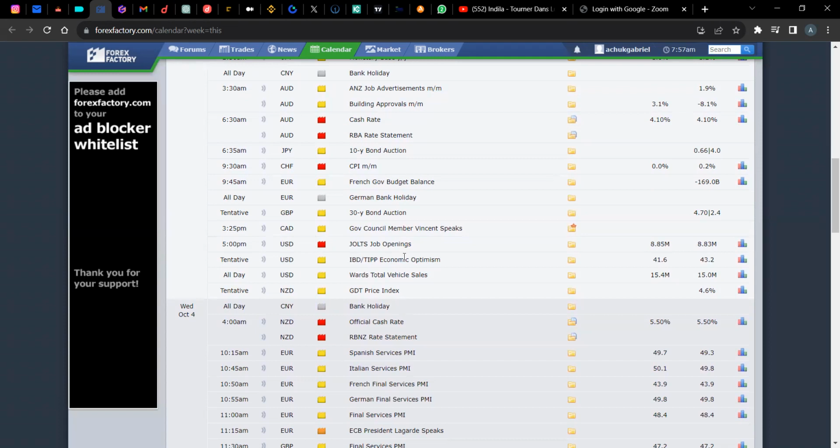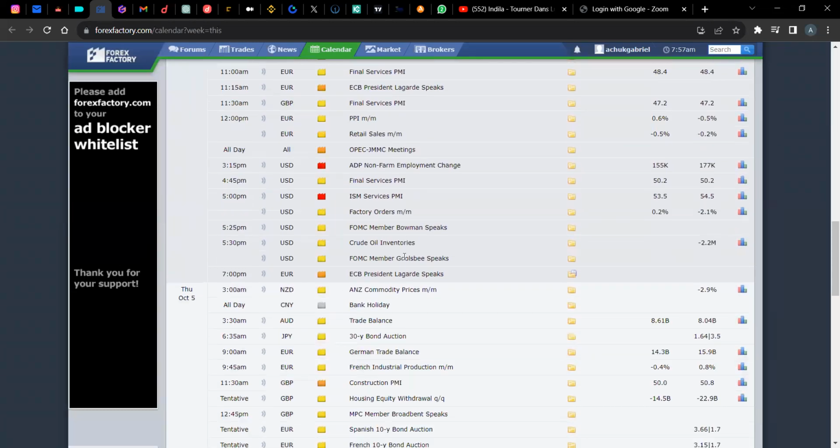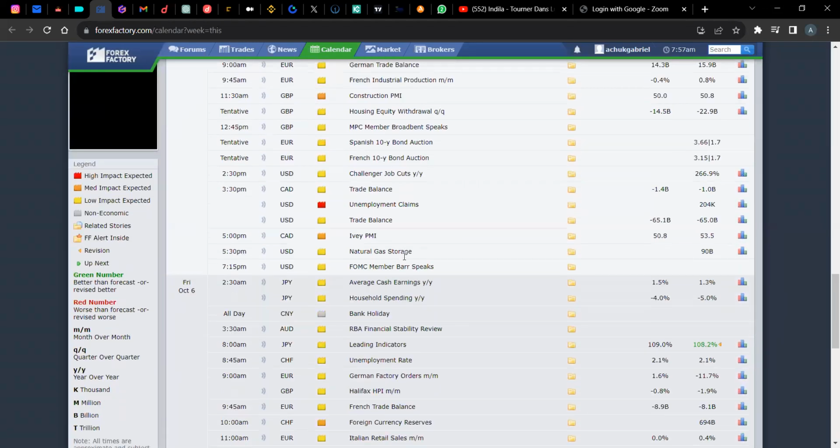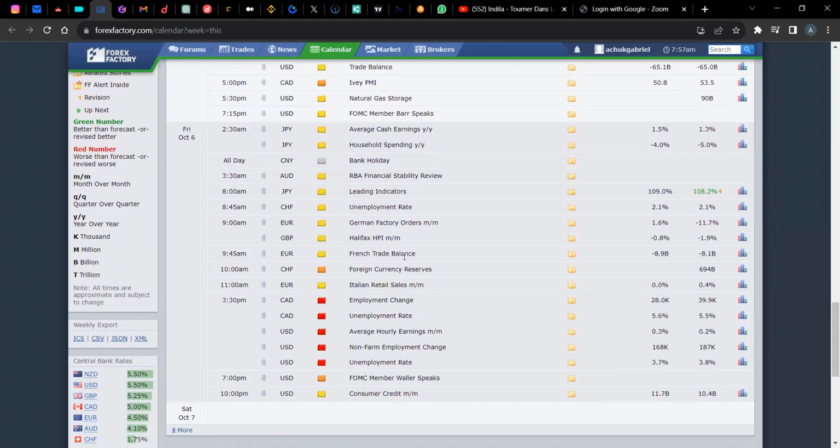And then on Wednesday, we have the New Zealand official cash rate. So from Tuesday into the rest of the week, we really do have a lot of fundamental events, and then we round off on Friday with a lot of Canadian high impact events, things to do with unemployment change, employment rate, average hourly earnings, and employment change for Canada, and for the US, NFP. So don't forget, the week we are going into is going to be an